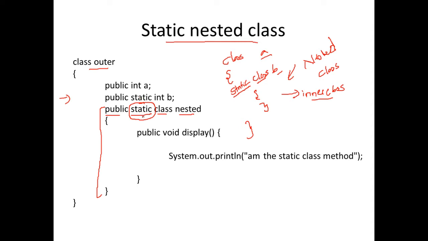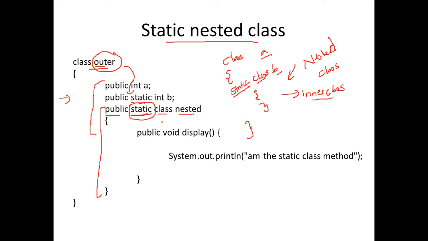So what is the important difference between an inner class and a static nested class? The static nested class is declared as static. So once a variable or a method or a class is declared as static, all these things fall under the outer class. When something is declared as static, you don't need an object of the outer class to access the static data members. So you really don't need an object of the outer class to access the nested class. That's what we are going to see in the demonstration.